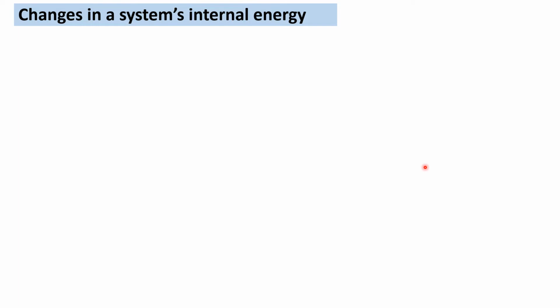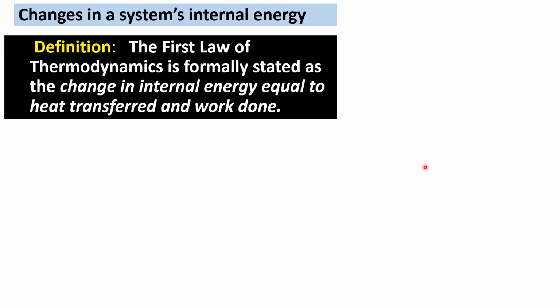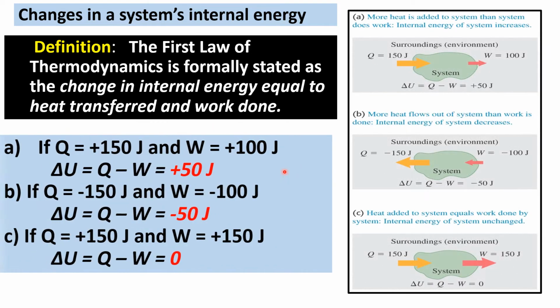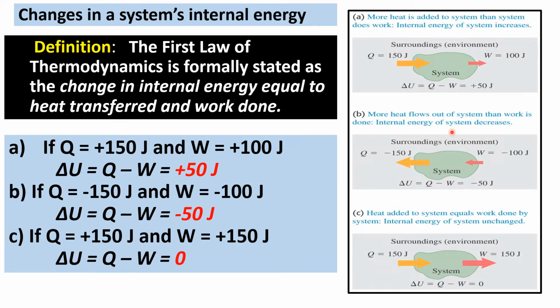We can illustrate the changes in the system's internal energy. We have some examples. But first, let us emphasize once again that the first law of thermodynamics can be stated as the change in internal energy being equal to the heat transferred and the work done. So in our diagram, we are given, in letter A,